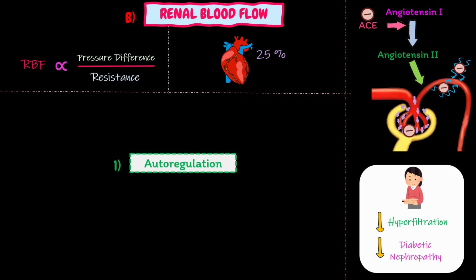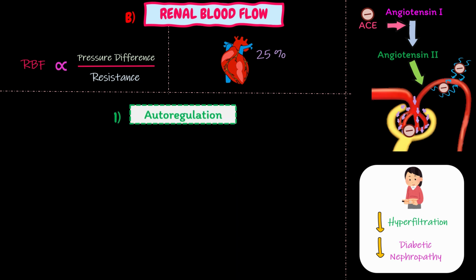The first point of discussion in renal blood flow is autoregulation. Autoregulation of renal blood flow is accomplished by changing renal vascular resistance. If arterial pressure changes, a proportional change occurs in renal vascular resistance to maintain a constant renal blood flow. Renal blood flow remains constant over the range of arterial pressures from 80 to 200 millimeters of mercury through autoregulation. The mechanisms for autoregulation include